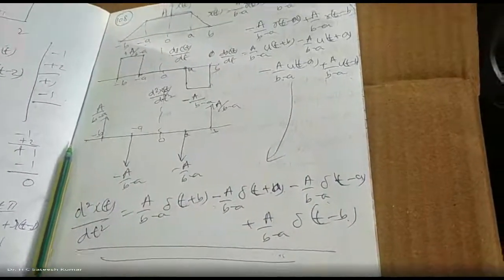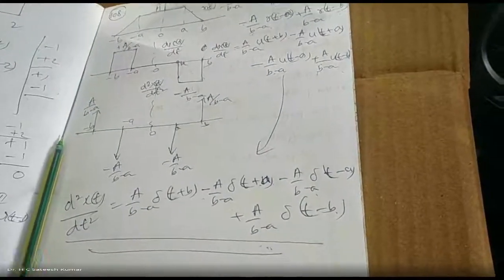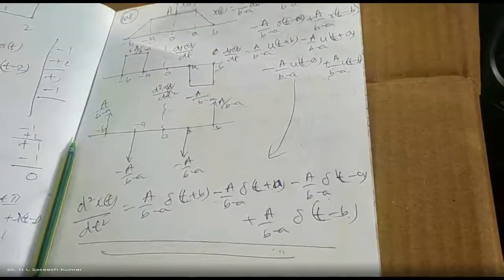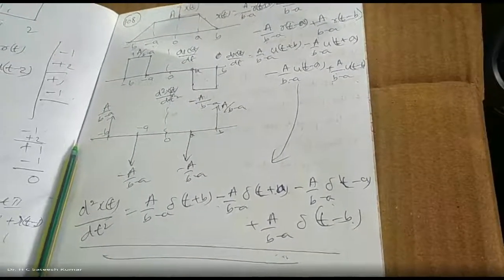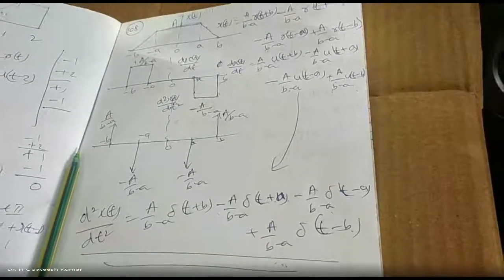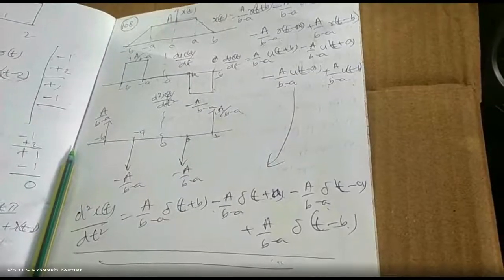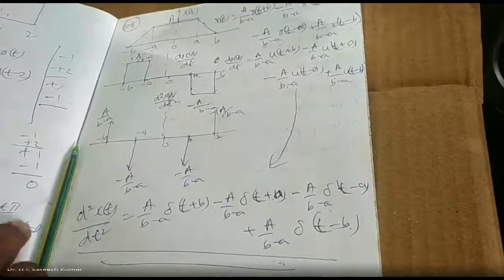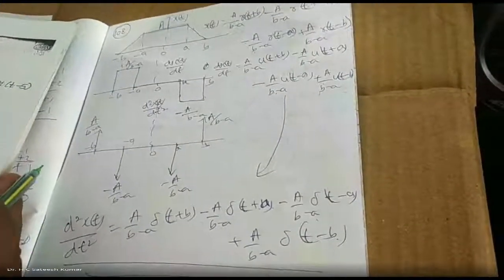For example, let us say I have a slope of a divided by b minus a. I want to make the slope 0. No need to check it. Put the same slope with a negative sign, minus a divided by b minus a. Automatically the slope will become 0 and the line becomes horizontal. So this kind of thing you should be able to do. This is where they will ask you to find the signal and its derivative. Such kinds of problems you should be able to do.